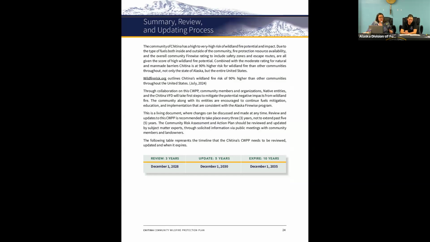What Jenny and I are doing right now needs to be reviewed and updated within the next 5 years. By 2030, this whole document needs to be redone again, identifying new projects and retreating identified action plan items that are spelled out in this plan. They need to be retreated and or added to other new plans. This document will expire in 10 years. No funding will be able to be sought to implement what's identified in this with an expired CWPP, which is exactly why we are updating it, to make your community safer in the event of large-scale wildfire and for your communities to seek funding to implement what needs to be done.